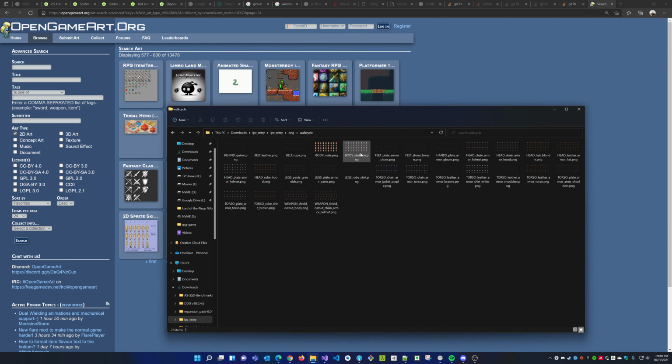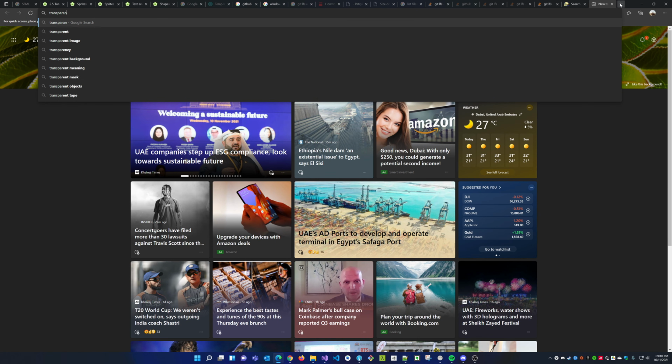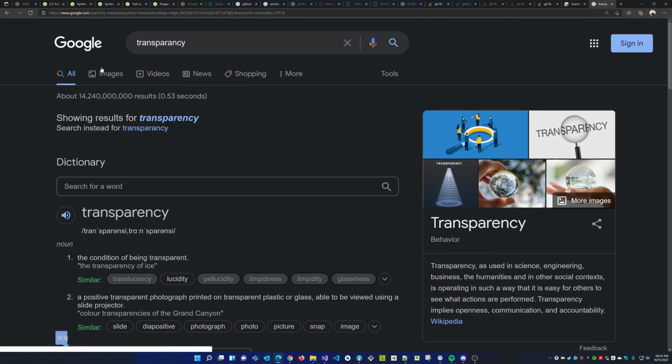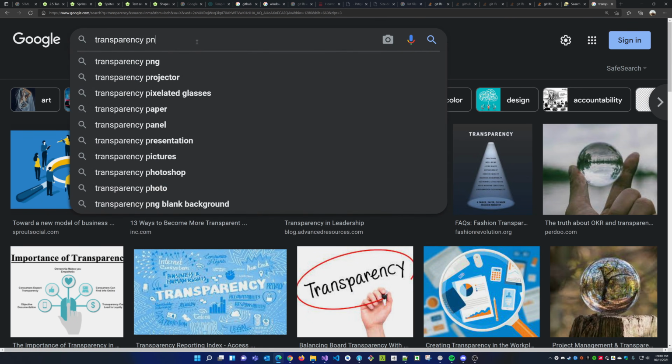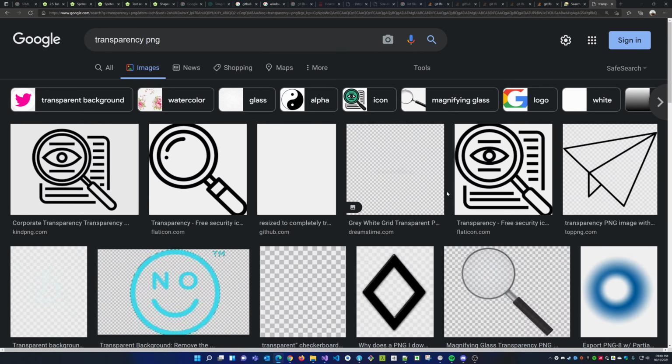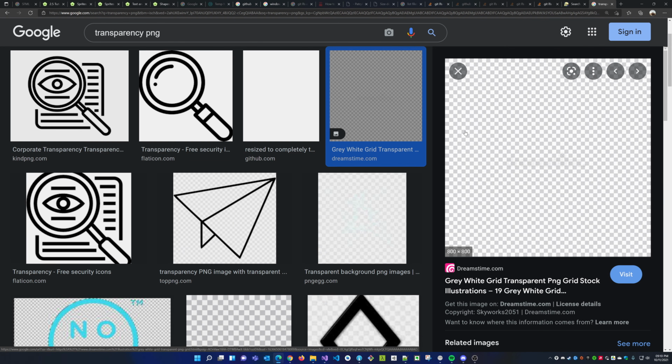And usually transparency is indicated with this pattern. When you see this pattern, white and gray boxes, that means that this is a transparent image.